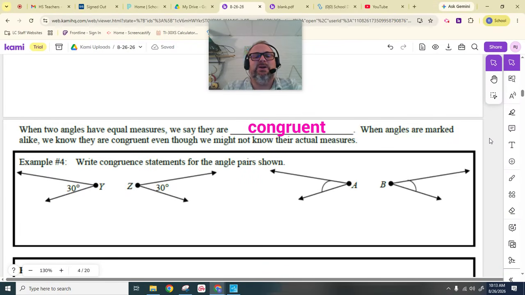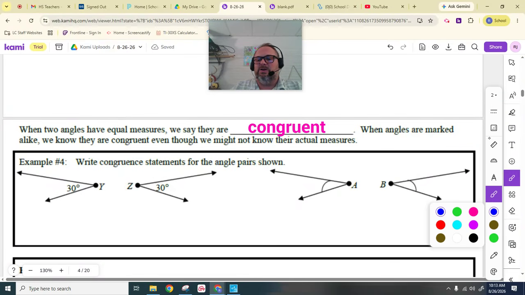Okay? So, when two angles have equal measures, we say that they are congruent. Now, remember with the line segments and the lines, we would make that little hash mark. For angles, we make an arc. Okay? Saying that these are congruent. So we would say angle Y